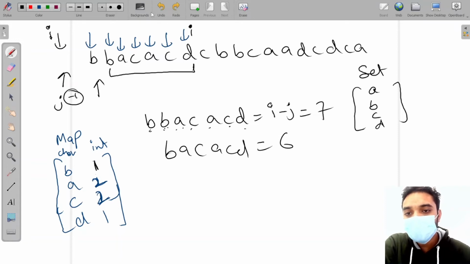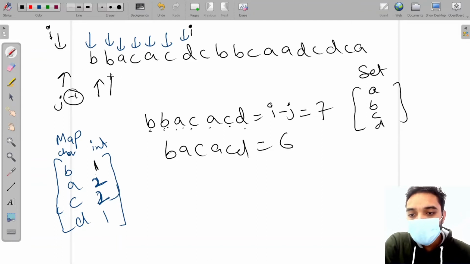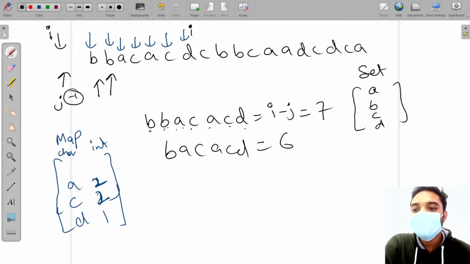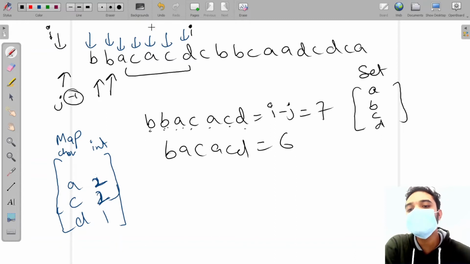So again I'm going to increment my j and check. Now my b is deleted here. The string is between just i and j, so now my string is this much. Now I'm going to remove this b. But now my string is invalid because it does not contain all the characters. B is missing here.